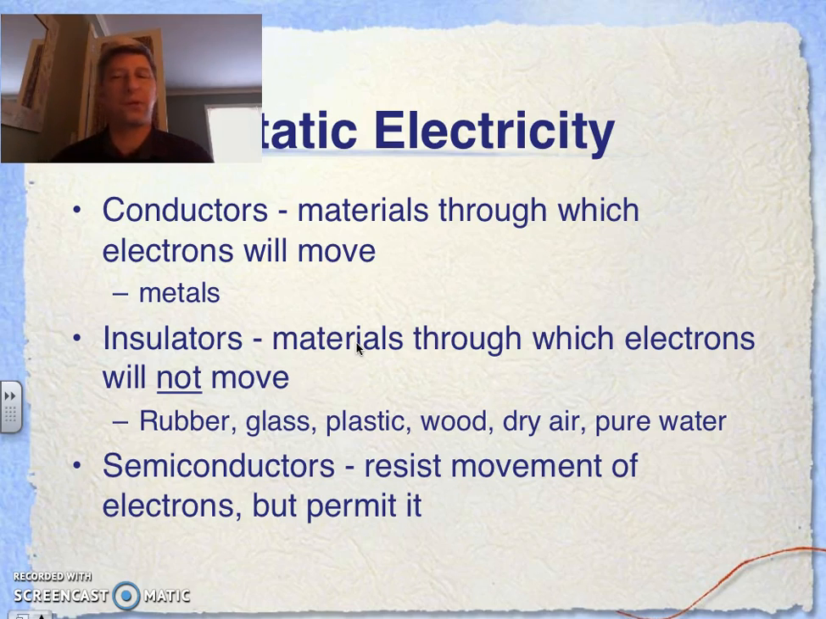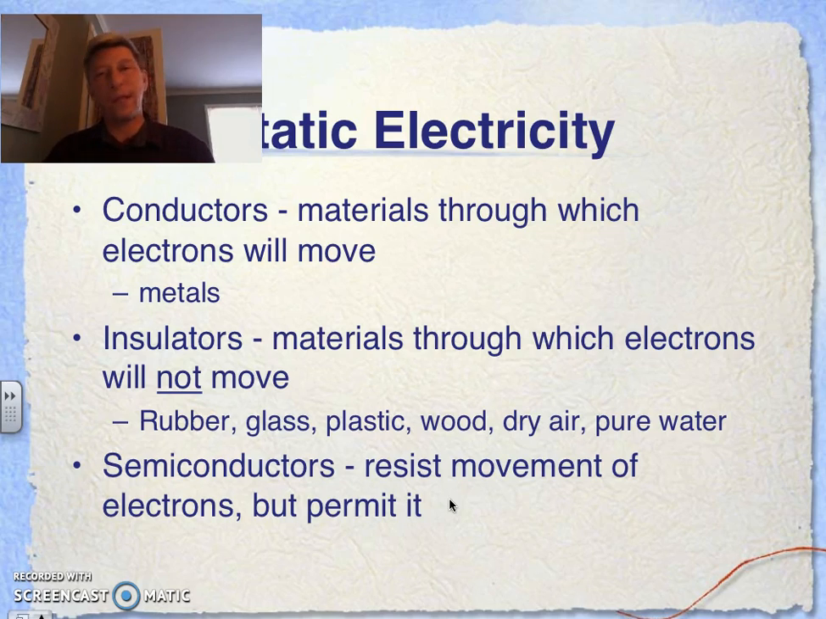Insulators are materials through which electrons will not move. Things like this include rubber, glass, plastic, wood, dry air. Right? Electrons will move through wet air. That's what lightning is. Or even pure water. Pure water will not conduct electricity. But again, one of the reasons why we cover our wires, the wire to your computer or the wire to a lamp, we cover it with rubber or plastic to prevent the electrons from escaping from the conductor out into the environment. The third and final thing on this list is what we call a